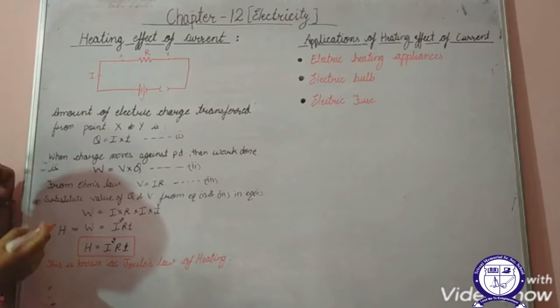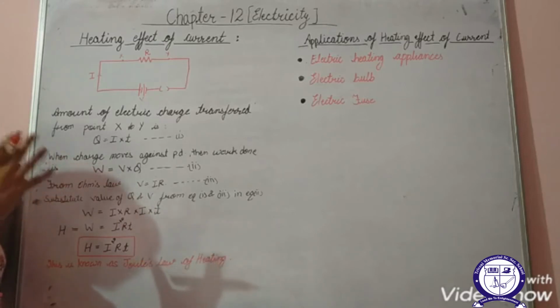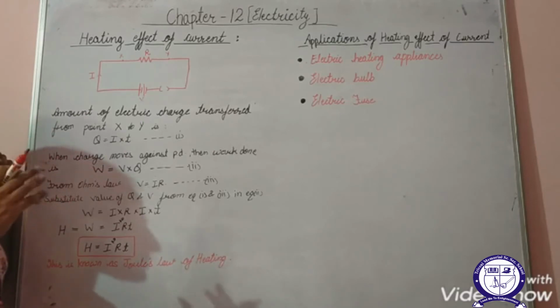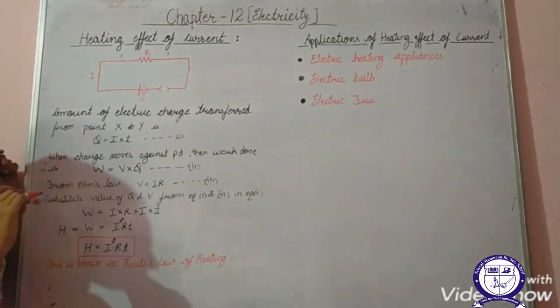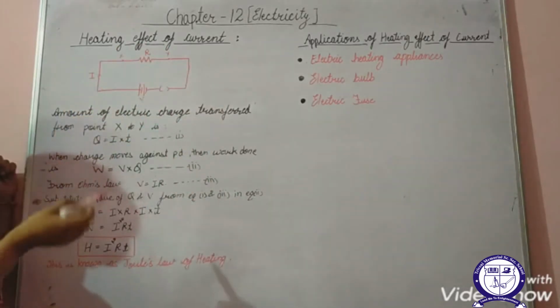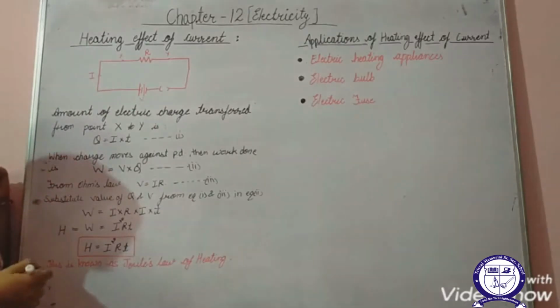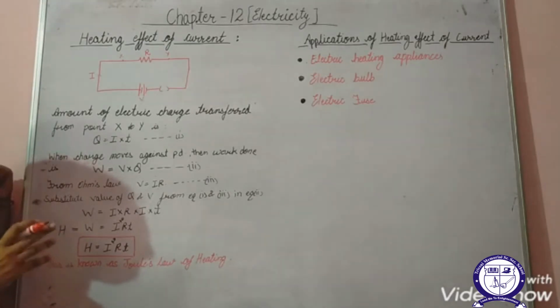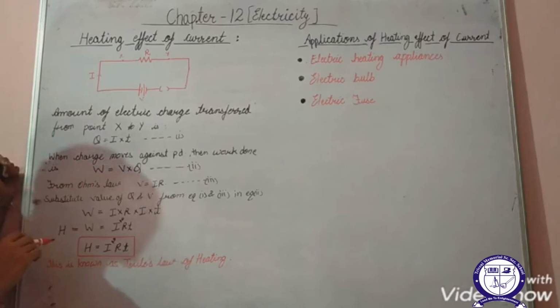Now how does this effect produce heat? Whenever current passes through a conductor, some of the charges do some useful work, but the rest of the energy, that means if we are supplying some energy with the help of this battery, then some of the energy is utilized by the current and the rest of the energy is dissipated as heat. This is your heating effect of electric current. Now if we want to determine the magnitude of heat produced, how can we calculate that? We'll derive the formula for heat produced with the help of this equation.